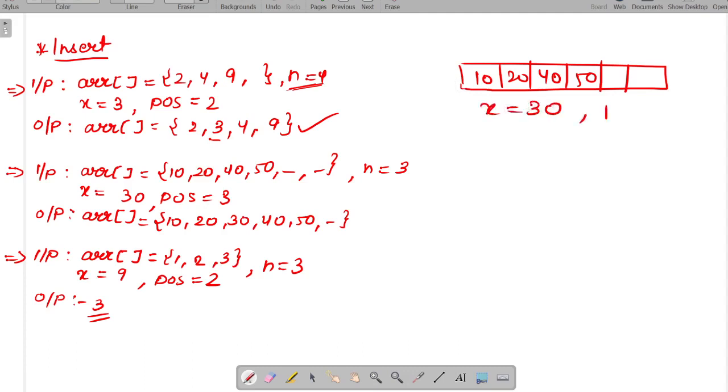First of all, x equals 30, and then the position at which we have to insert it. So the size, basically this n over here, should be the size of the array, which is 1, 2, 3, 4, 5, 6. So n will be 6 in this case because the size of this array is 6.